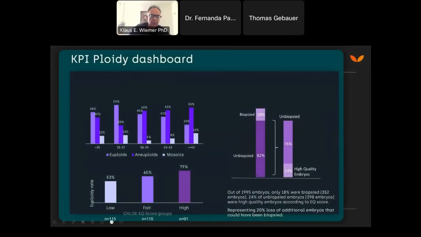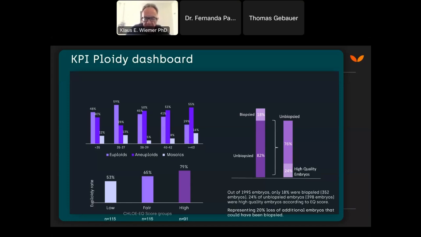And where this is also really helpful is in blastocyst utilization, these kinds of KPIs. One clinic that we were working with, as you can see here, shows the percent euploid embryos among all of the embryos that were biopsied and not biopsied. You could see, for example, that they were only biopsying a total of 18% of their embryos. So a large percentage of these embryos, 76%, were not being biopsied, yet 24% of those, although they morphologically didn't look beautiful,